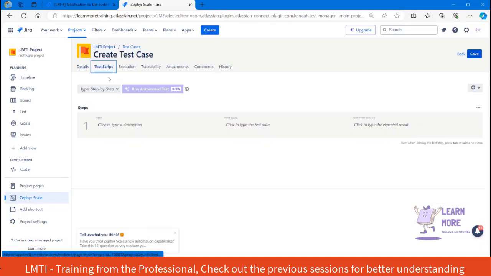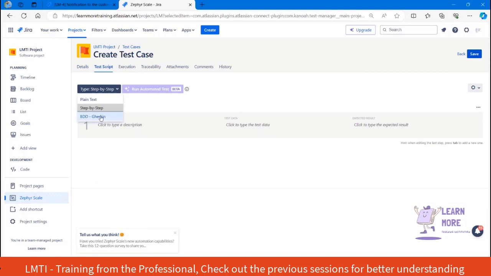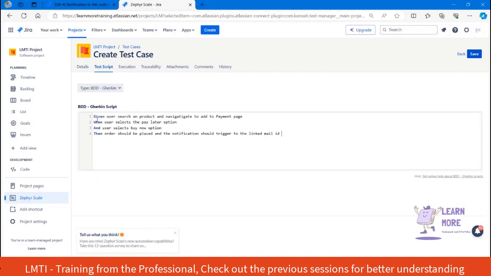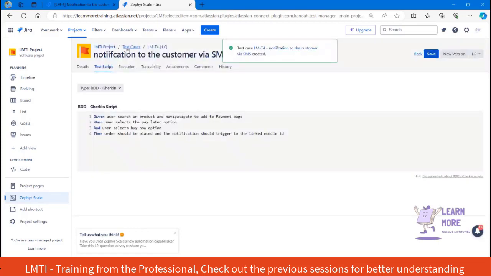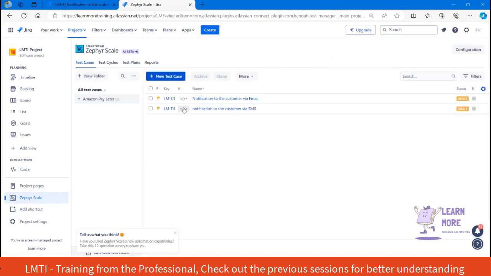Okay, again I'm navigating to the test script. I'm filtering it by the BDD Gherkin, and I'm just uploading the test step. So to the linked mobile ID. Okay, so the notification should be sent to the linked mobile ID. So now we have added two test cases, which is nothing but two test scenarios,